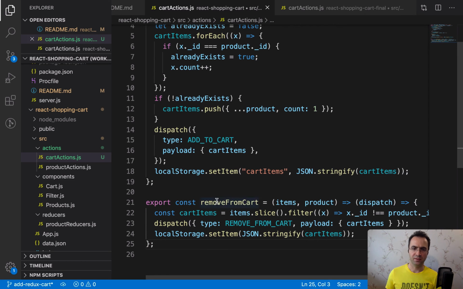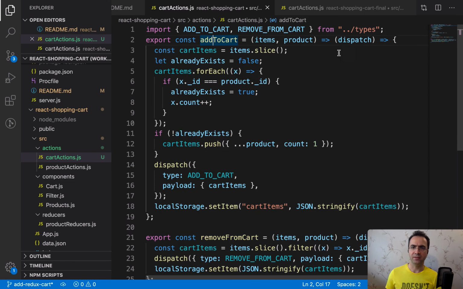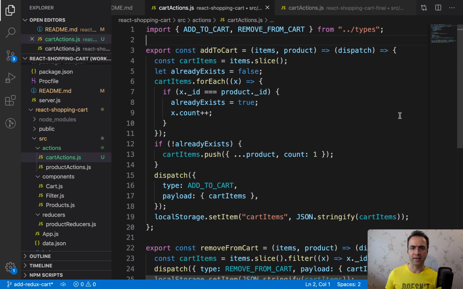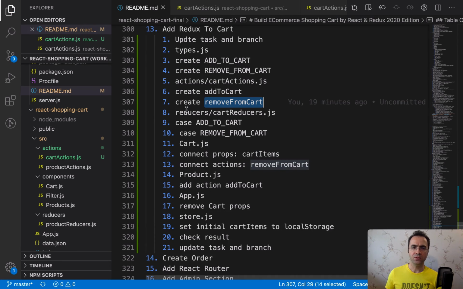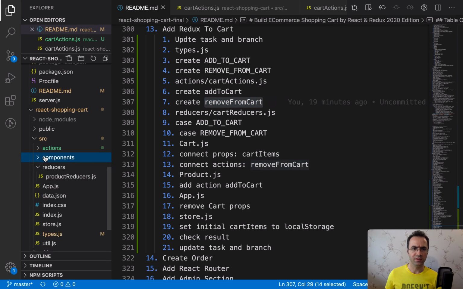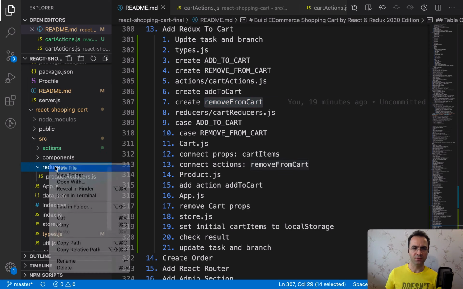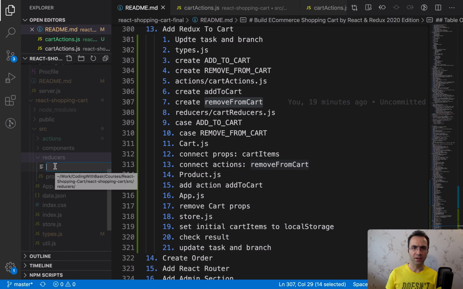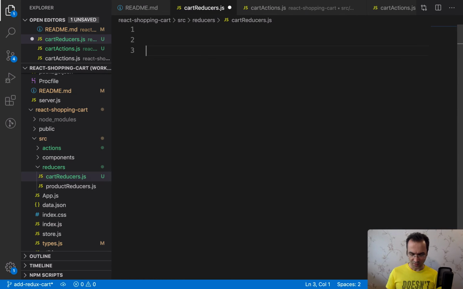Great. We implemented remove from cart action and add to cart action. Let's go to plan. It's time to implement cart reducers. Go to src, reducer, right click, new file, and set the file name to cartReducer.js. The reducer is a function export